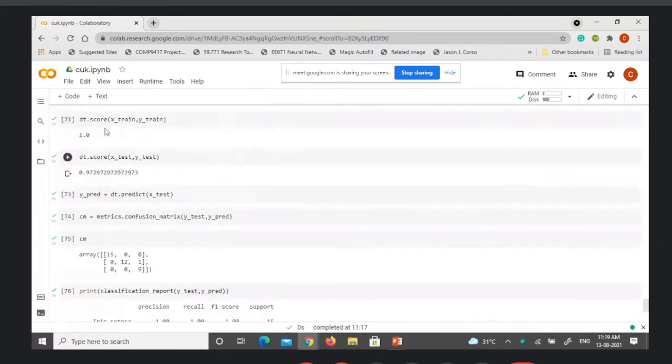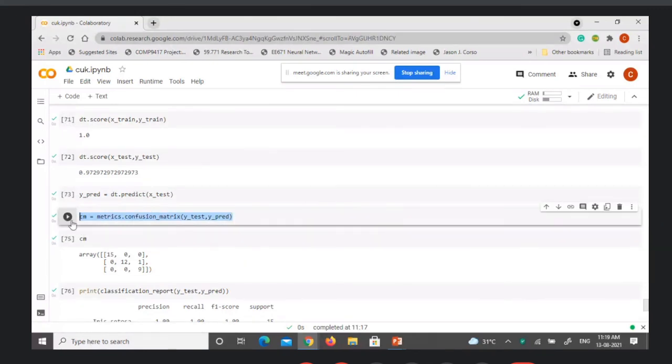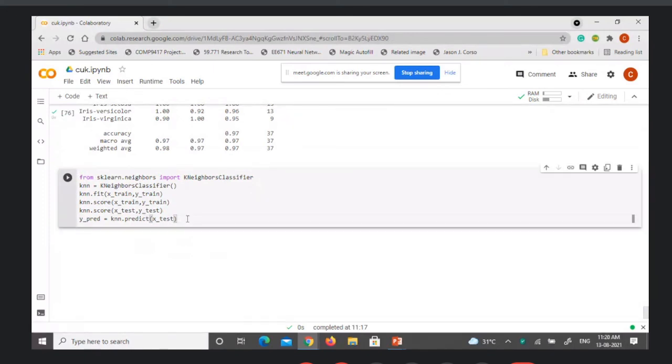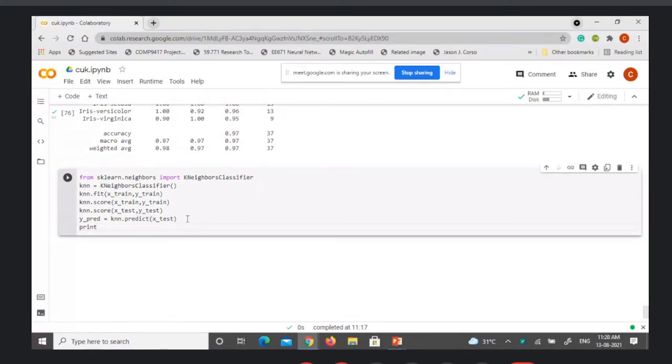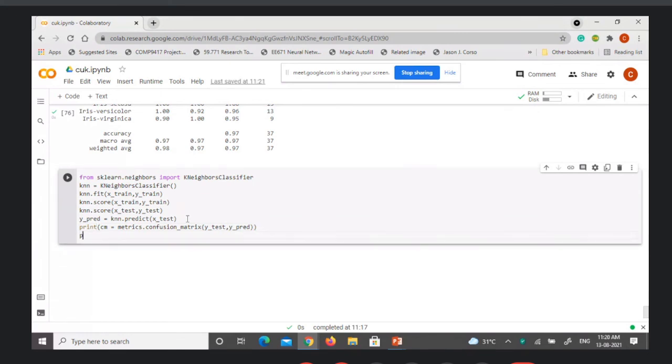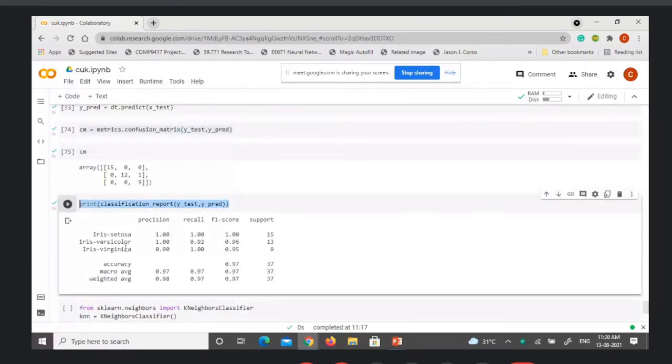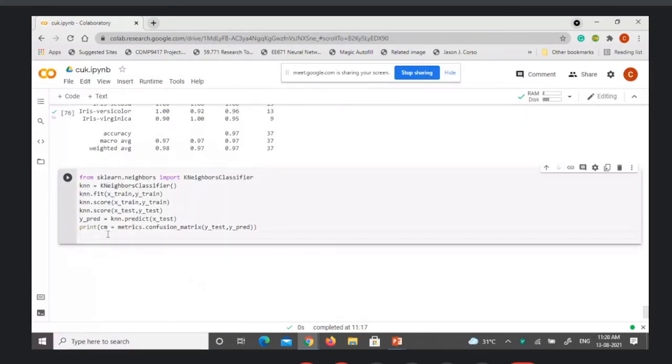After doing the predictions, the confusion matrix, and then print the classification report. So all at once we do.